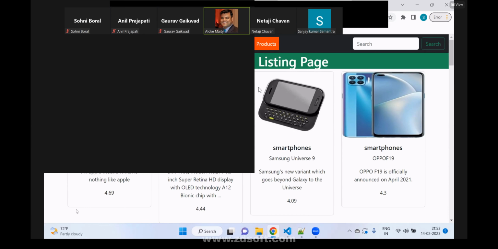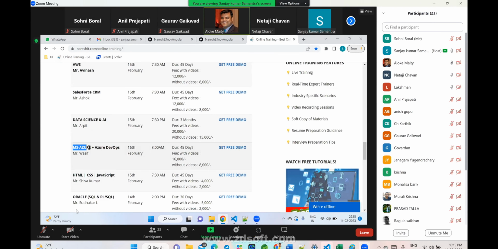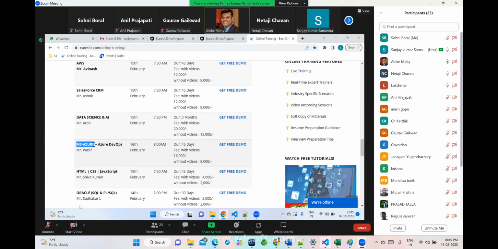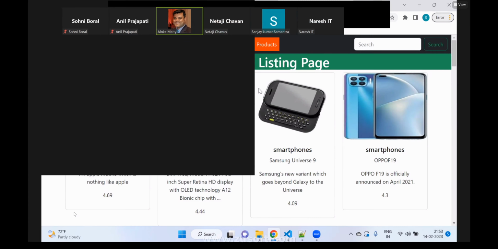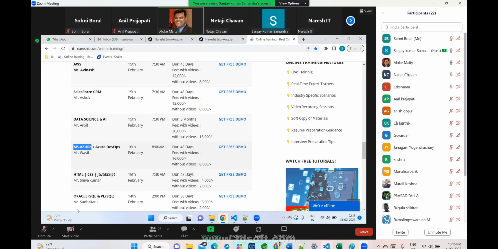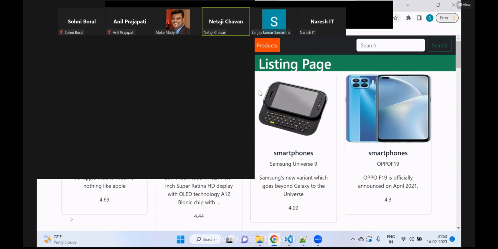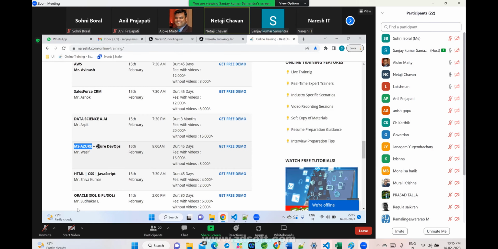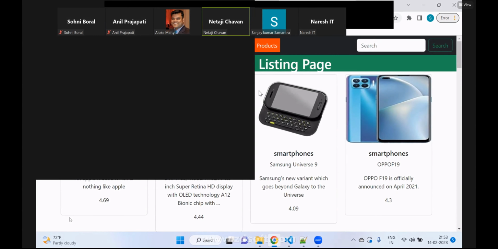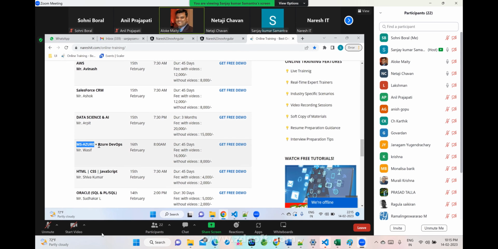Azure DevOps is a kind of engineering thing. You want to automate your deployment, you want to automate your compilation, your integration. So Azure DevOps is a kind of management. As a developer, we need to learn Azure. As a developer, you don't need to learn Azure DevOps, but you need to learn it when you become a team